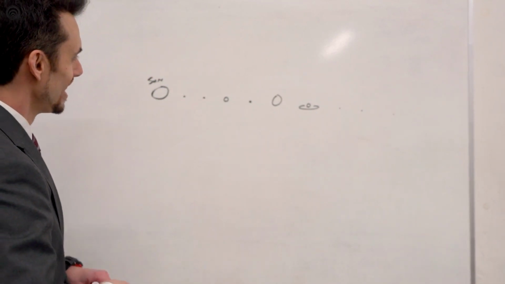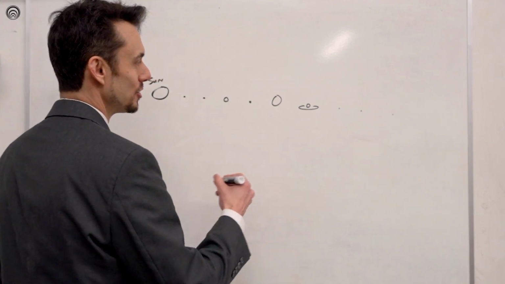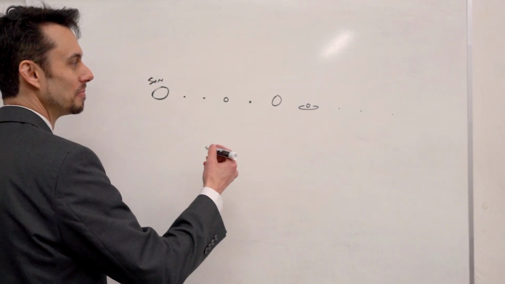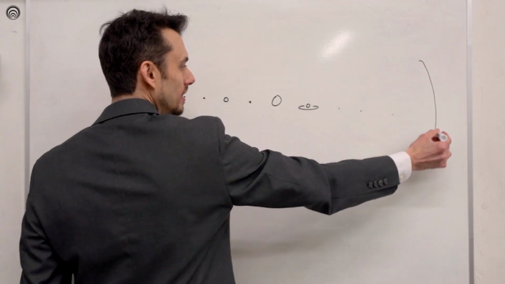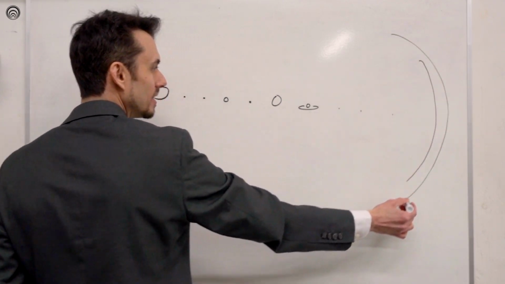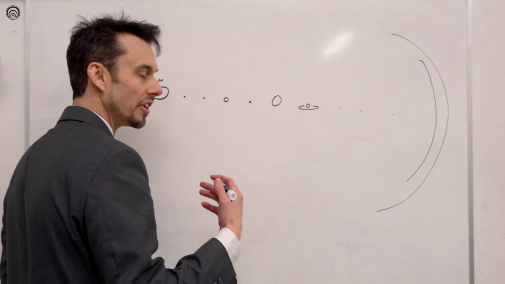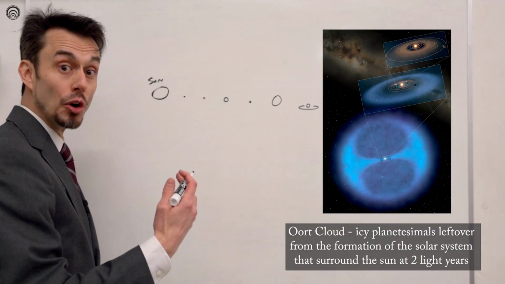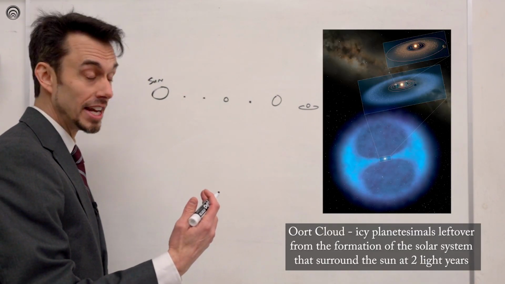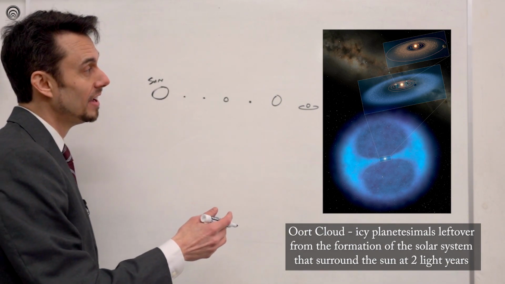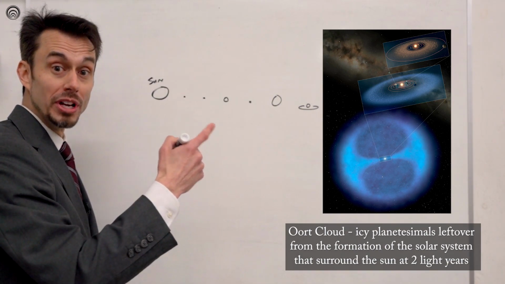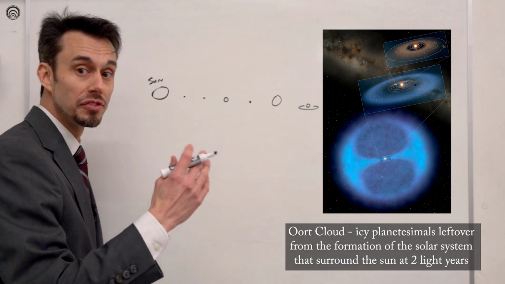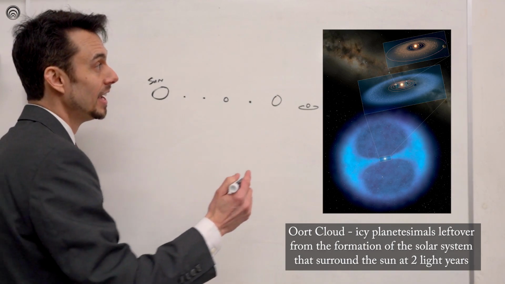Okay, now this is a rough drawing of our solar system. Out here is a place called the Kuiper Belt and the Oort cloud. It's way out there. What is out there, though? We know that there's actually stuff in the Oort cloud. And that stuff